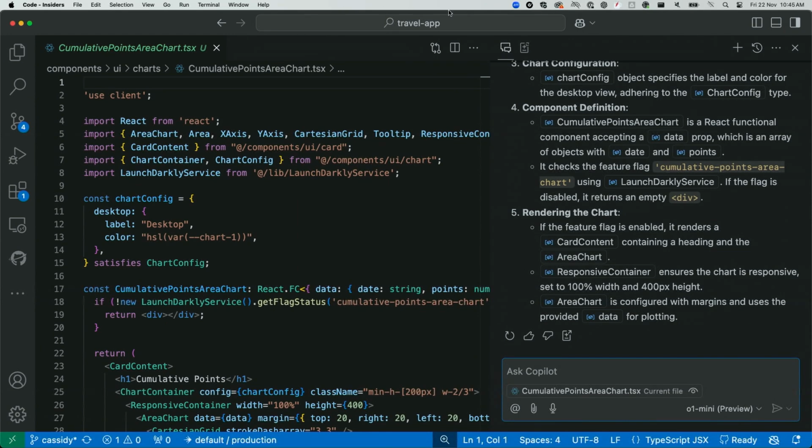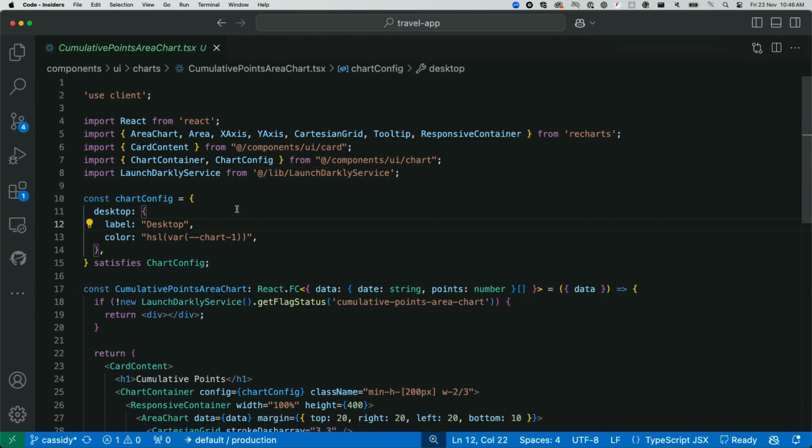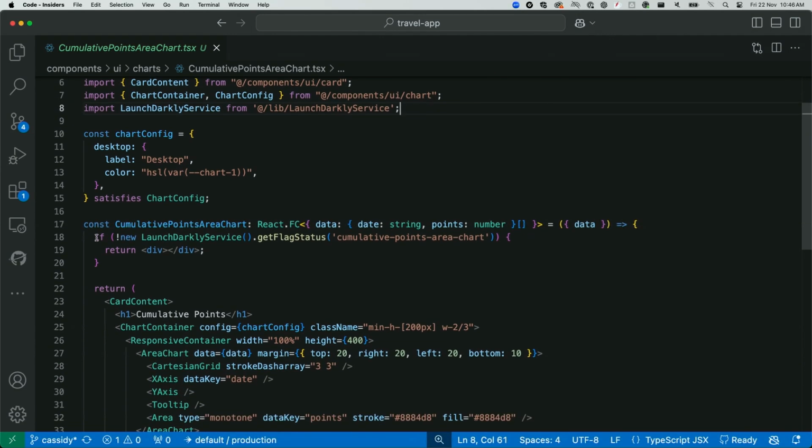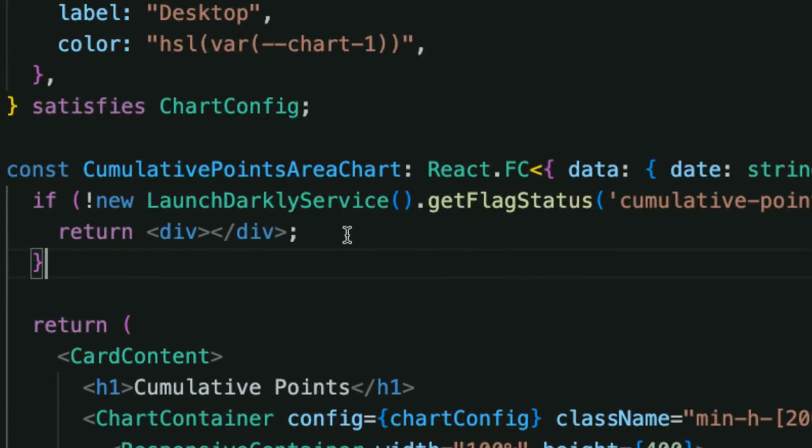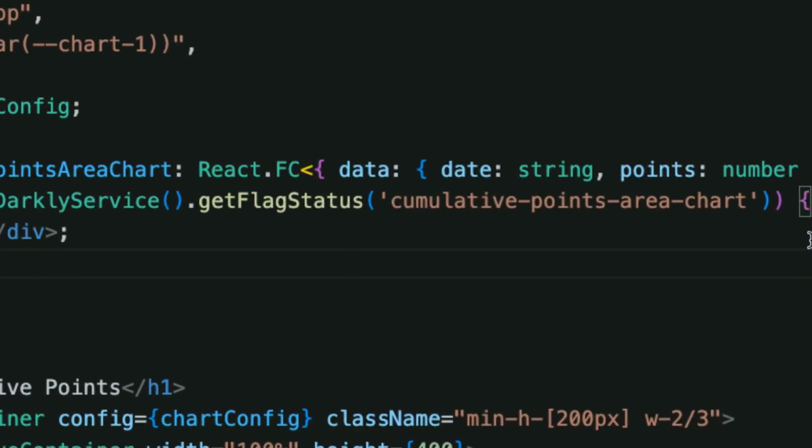All right, let's look a little bit more deeply in here. I want to show you something which is interesting. You might have noticed, if you're paying attention, that the file it gave me for this component uses this LaunchDarkly service. And there is this section of code right here which is using a LaunchDarkly service to get the flag status.